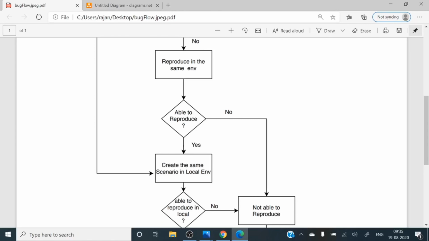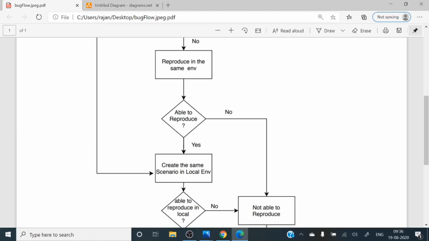Create the same scenario in the local environment. Why should we create the same scenario? Because we need to reproduce the bug in your local system. If you are able to reproduce that problem, then only you can solve it, or fix it.